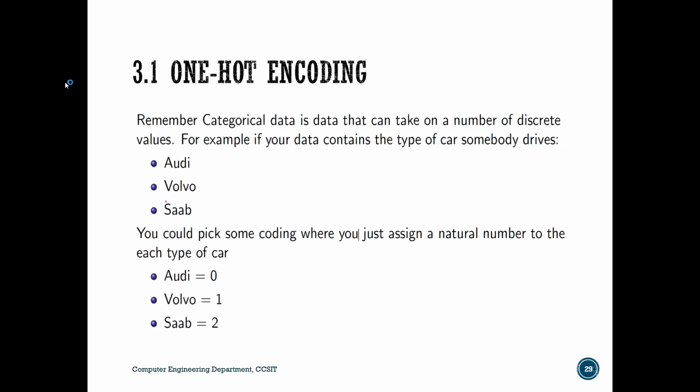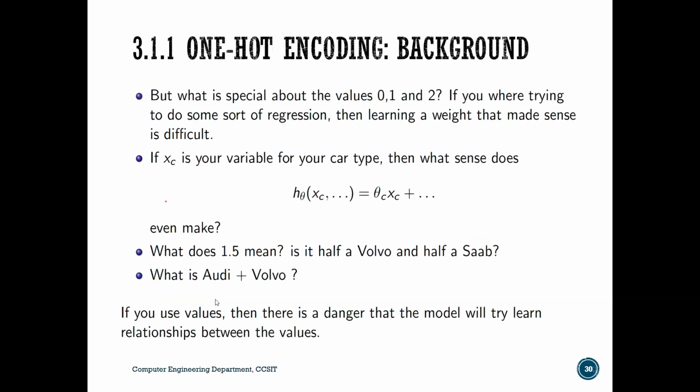So first is one hot encoding. How is it done? Suppose I have an Audi car, so we are considering 0 value. Volvo, we are considering 1 value. We are assigning some values. Saab, we are assigning 2. So then,